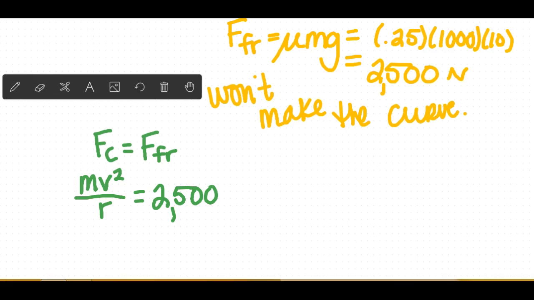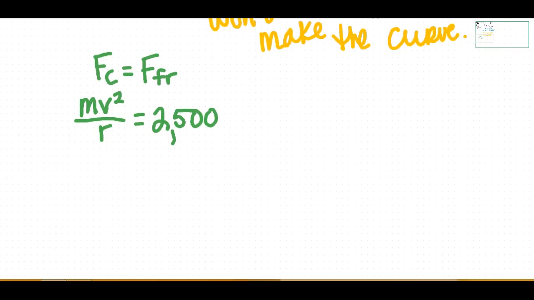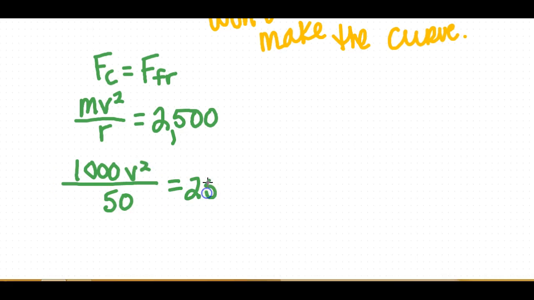And the mass is going to still stay 1,000, and the radius is still going to stay 50, but we're going to be looking for the velocity. So we have 1,000 multiplied by v squared divided by 50, that's equal to 2,500. So you're going to multiply both sides by 50, divide by 1,000, and then take the square root. You're going to end up getting